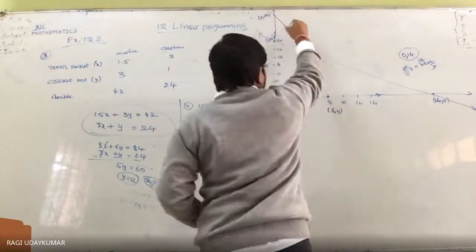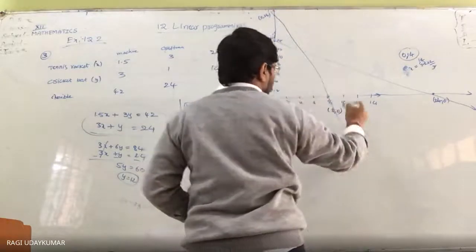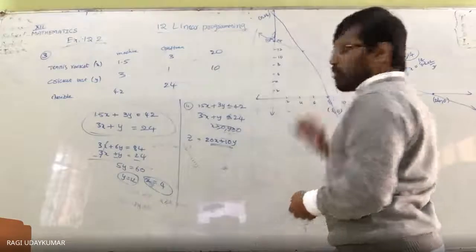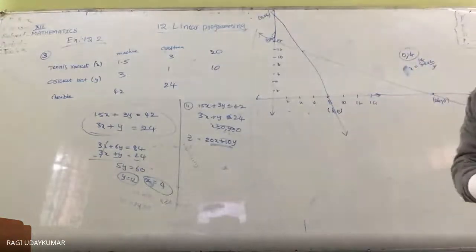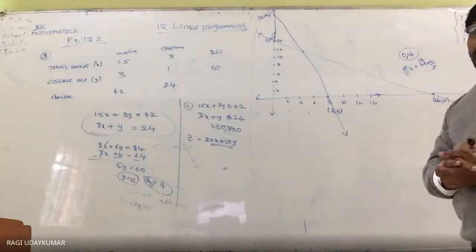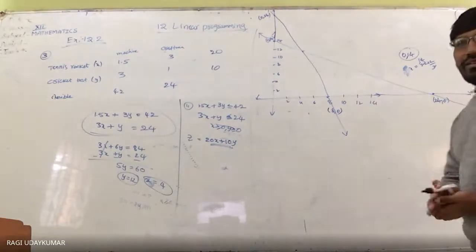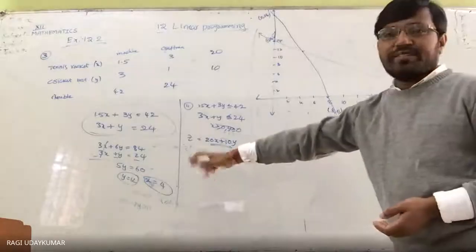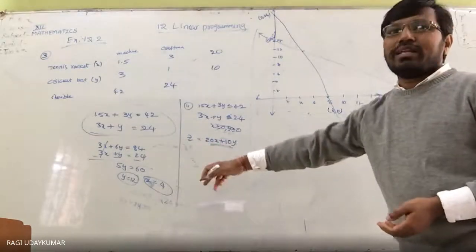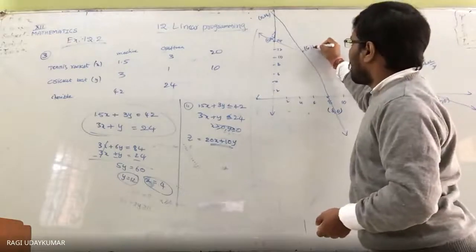And you know the time. Can anyone say what this point is? Can you tell what that point is from this information? Sir, 4, 12. Yes, we already solved it. So this point is 4 comma 12.